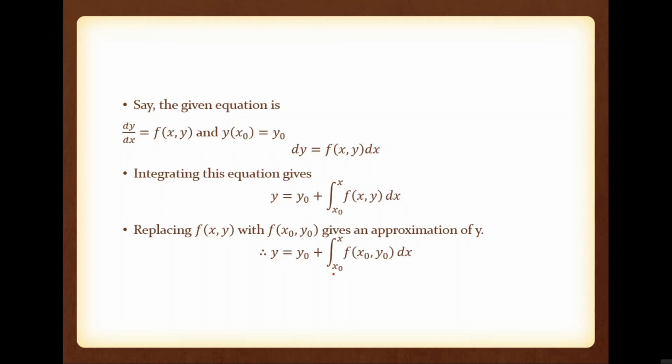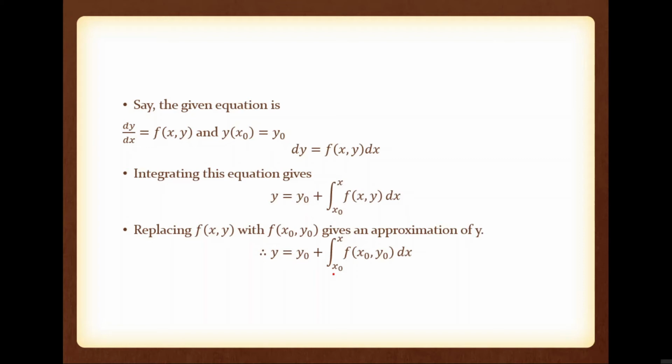Okay, so please note that one is an assumption. If you are applying Euler's method, that assumption is very important. The x must be very close to x0. Otherwise we can't apply Euler's method, or if you are applying Euler's method, it will not be an accurate one, it will be an inaccurate one.